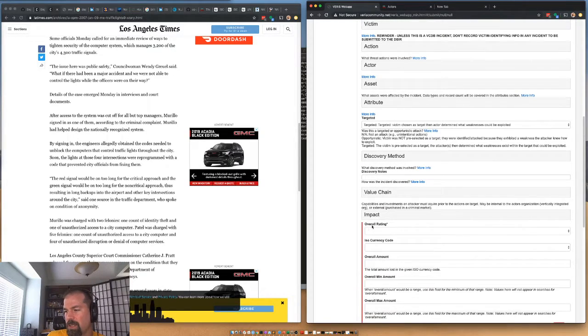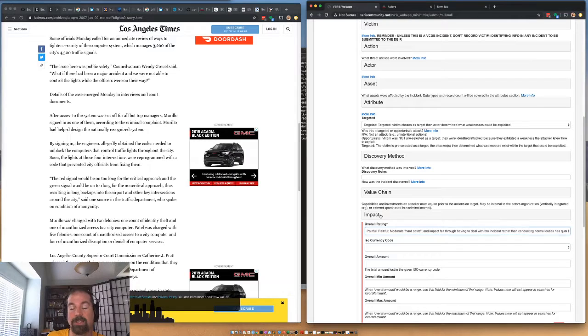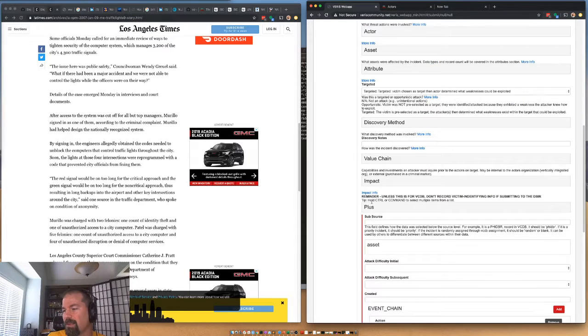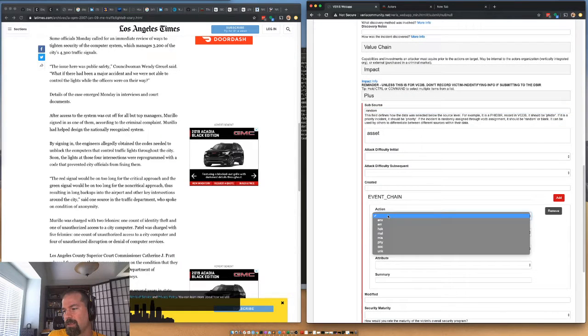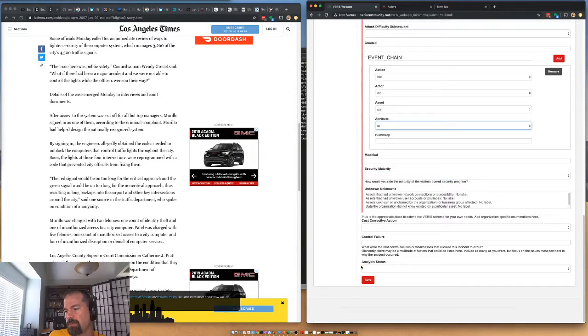There's really no value chain, I don't think. This was painful. I think by definition it was painful, the gridlock it caused. Random. Assignment: this was a hacking action by an internal actor on a server asset, compromised integrity of the system, and we'll mark it as validated.